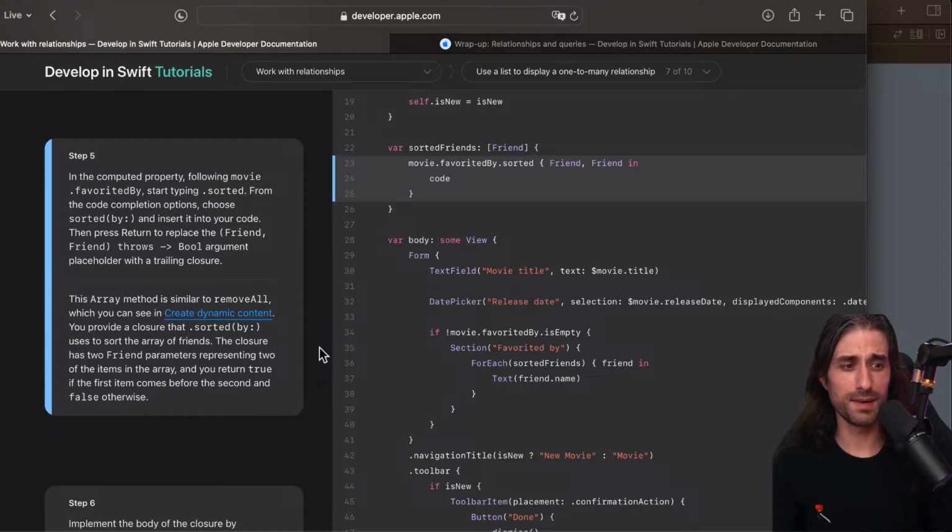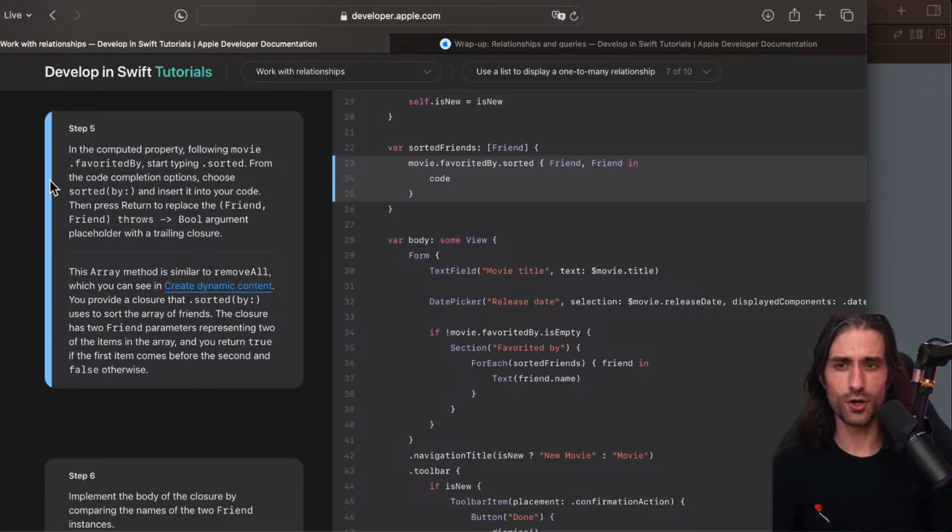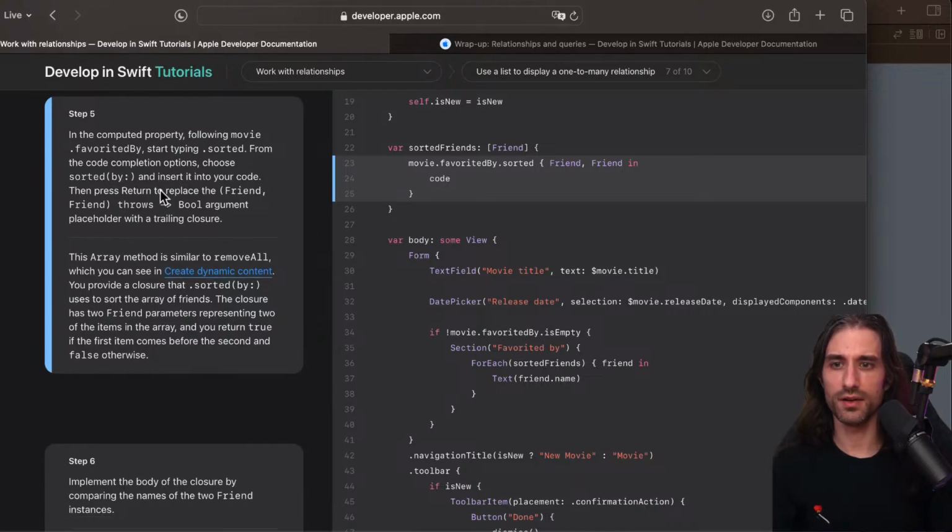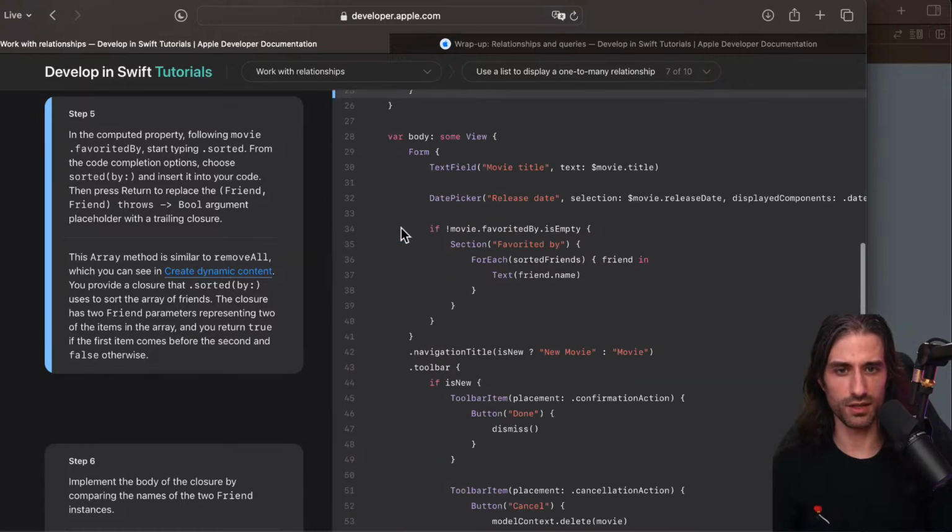Okay, so now let's implement this sorting. In the computed property, sortedFriends, we're actually going to sort the data. So following the movie.favoritedBy, we start typing sorted from the code completion. Then we are going to choose sorted(by:) and insert it into the code base.